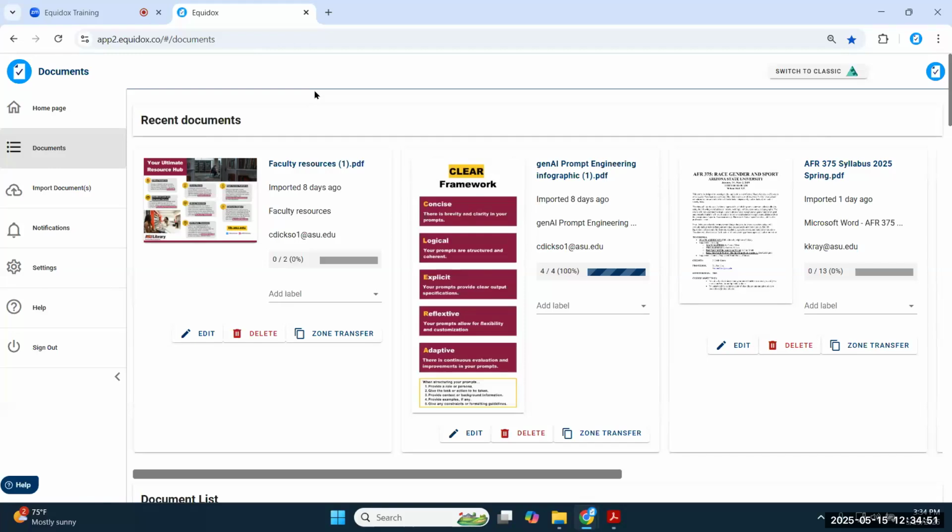If you're currently using Adobe Acrobat, think of Equidox as at least a supplement, if not a total replacement to using Adobe Acrobat, which is a very slow, manual, and tedious tool to learn. It's just a very time-consuming process if you have a lot of documents. So Equidox is designed to increase your efficiency and speed things up for you.